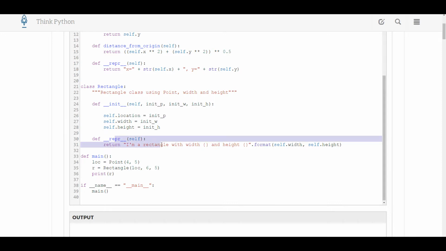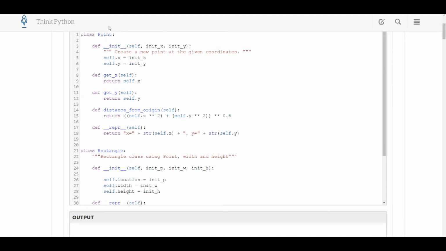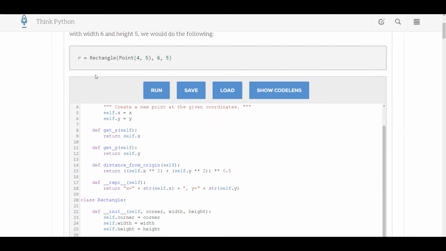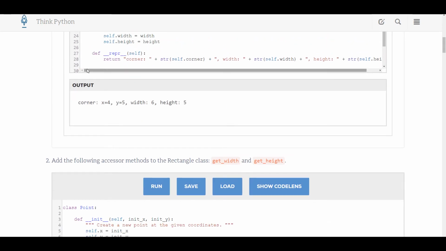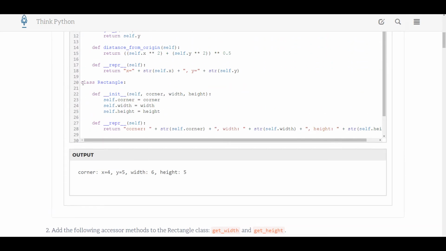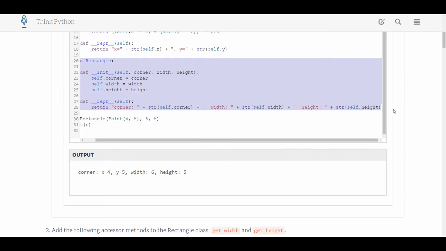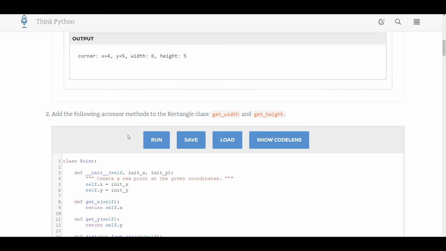And then their string representation uses formatting, which is honestly probably better. I like, though, that our string representation actually includes its location and its corner in the actual printing of it, because it's helpful to know that information. So we will just go ahead and copy this for ourselves here, and we will head down to the next